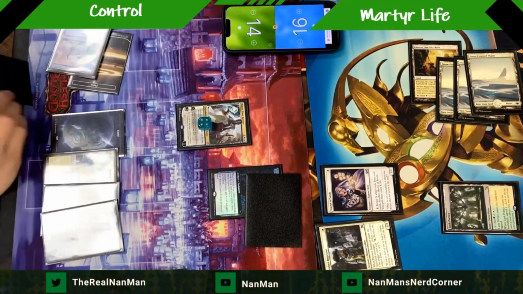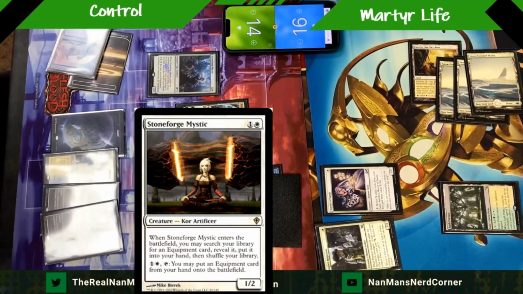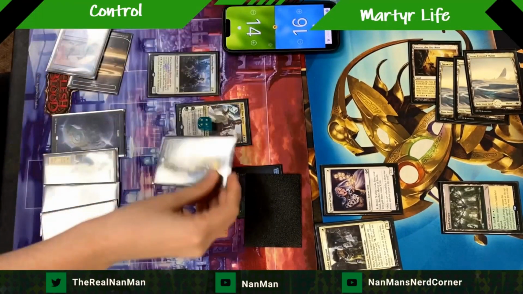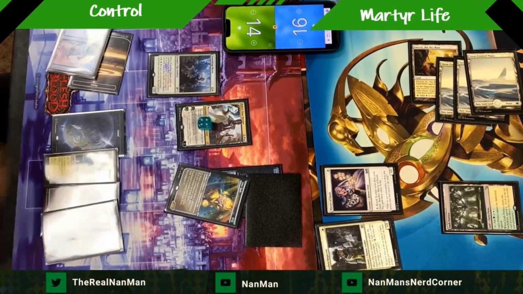Stoneforge Mystic, let's go find a specific equipment card. So what equipment are we going to be running? Lots of different options here. Looks like Lion Sash as the choice here. Lion Sash,